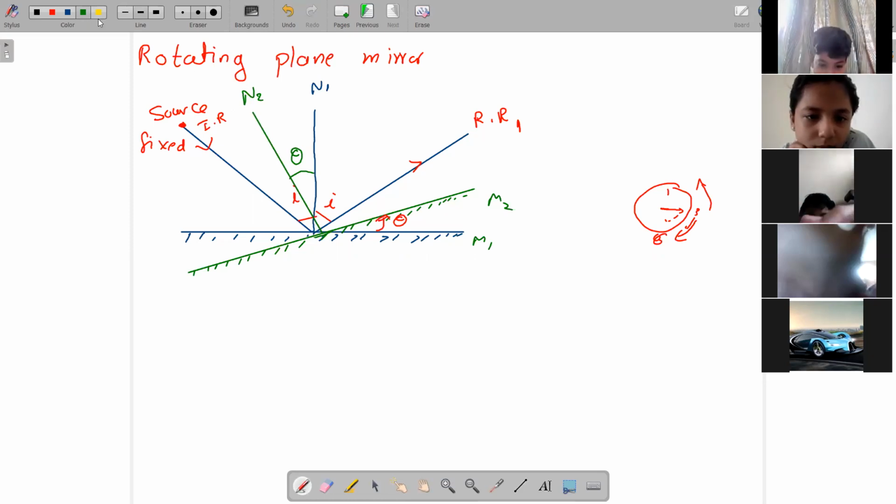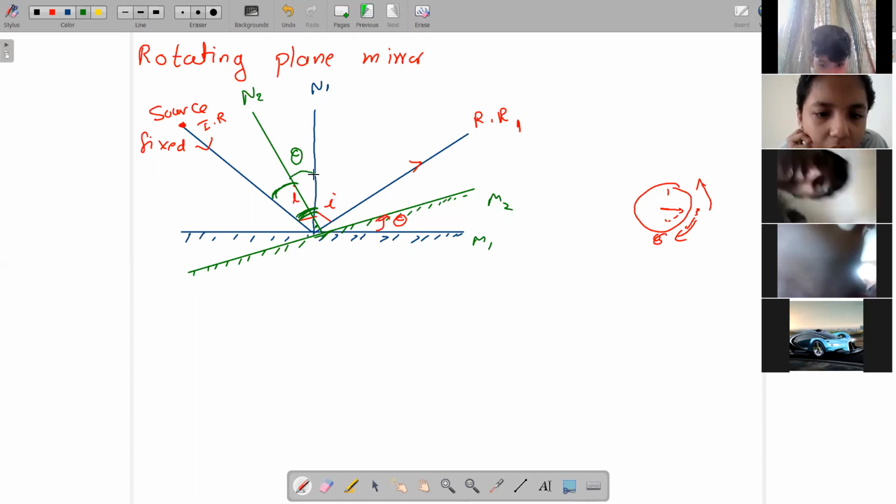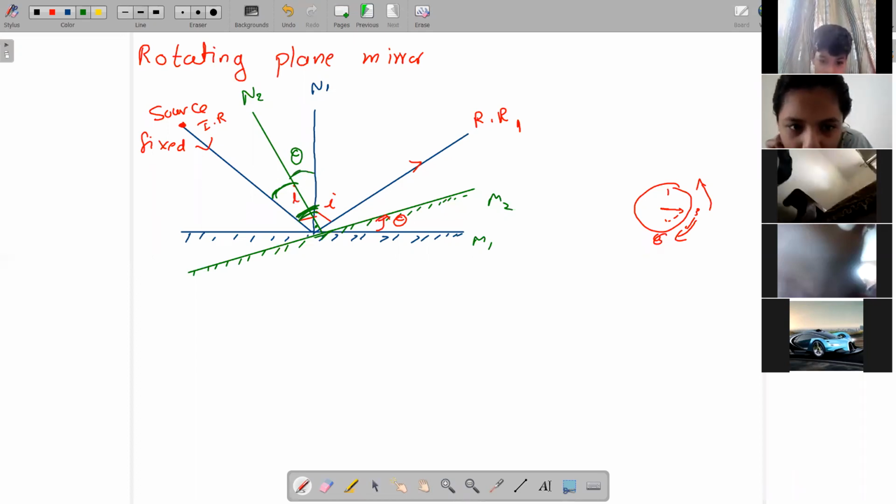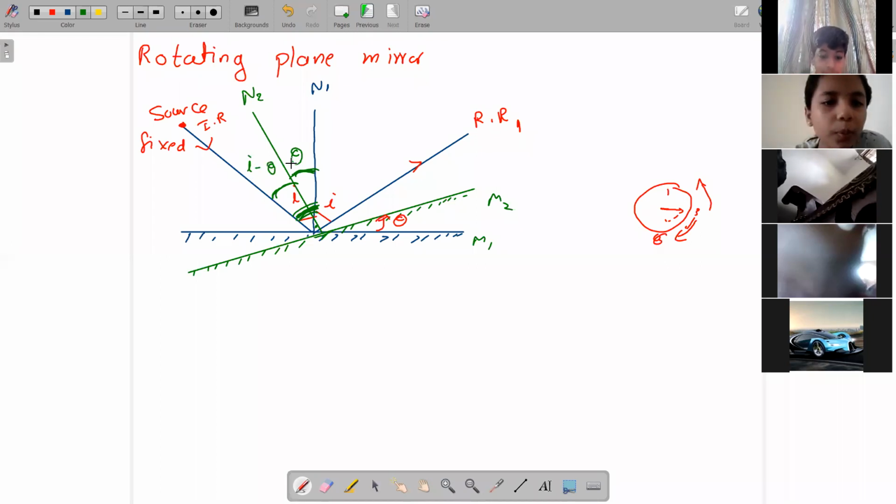Second, because of the presence of this normal, from here to here, how much is the angle of incidence now, children? The angle of incidence initially, in total, is I. From here to here, the total is I. The normal has moved back by theta. Now, what is the total angle? This minus this, right? Here to here it is I. If you do I minus theta, this is the new angle of incidence: I minus theta. Hope it is clear, children.